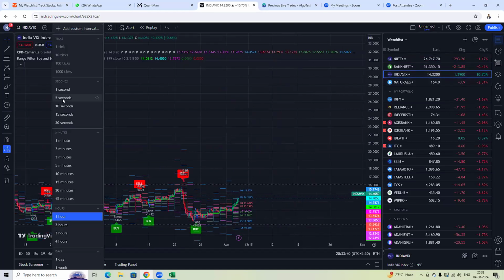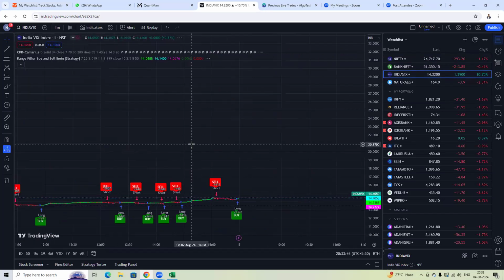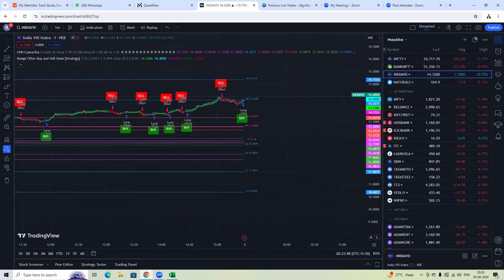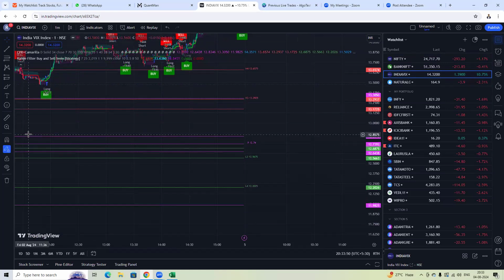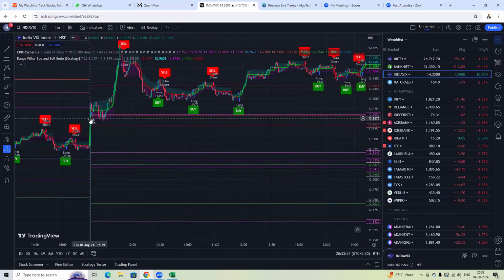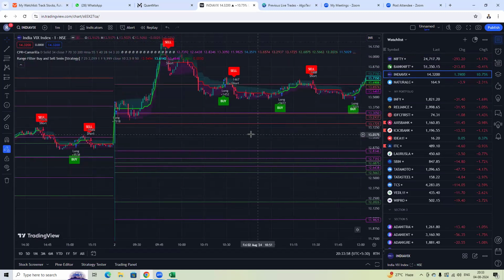VIX will go in 5 minutes or 1 minute में देखेंगे. Okay, the VIX will be very high in as soon as the market opens. I have shown here at 9:15. At 9:16, the VIX will be very high, and by coming to 9:30, आपको VIX यहाँ पे 9:30 एग्जिट हो